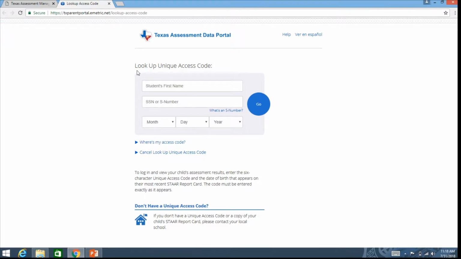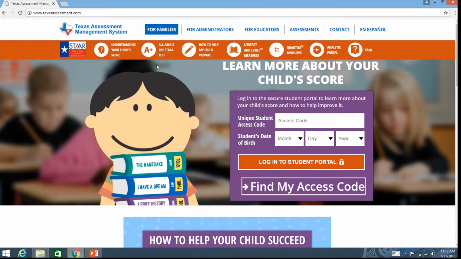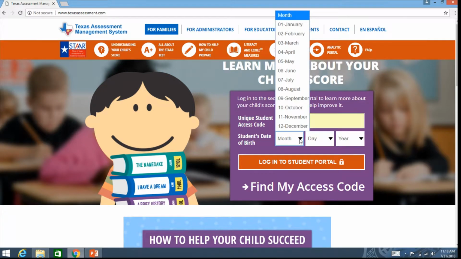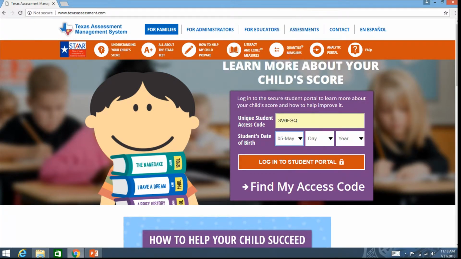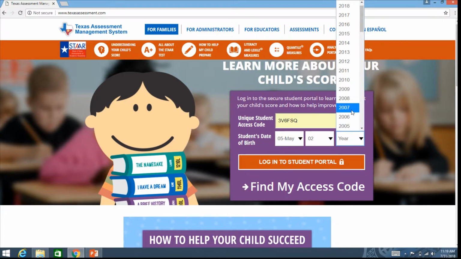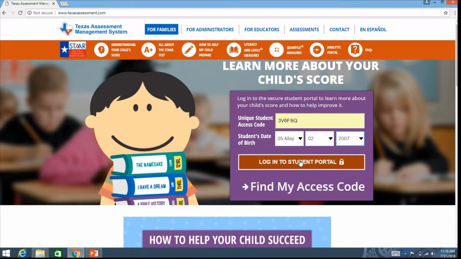For today's example, we do have mock student access, and again, this information that we'll be viewing does not belong to any student. It's just a sample that was provided by the state for training purposes. Let's enter the student code, which is saved in my browser, and the date of birth. We select Login to Student Portal, the orange button,